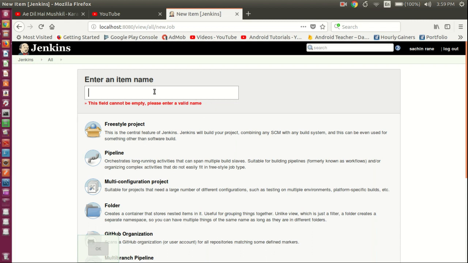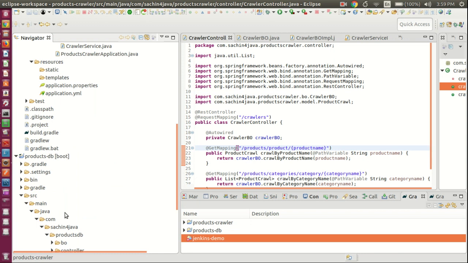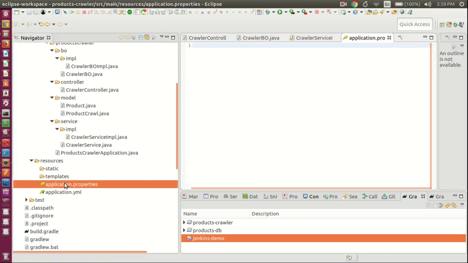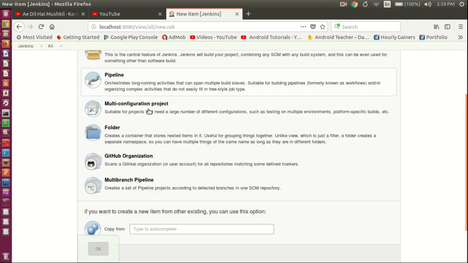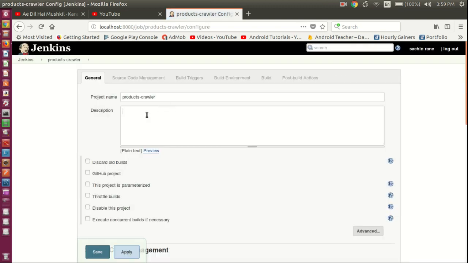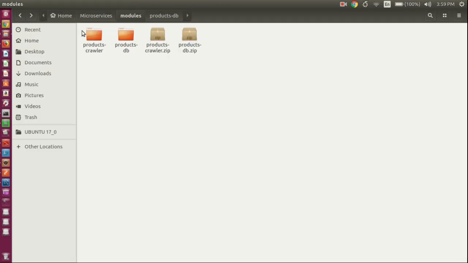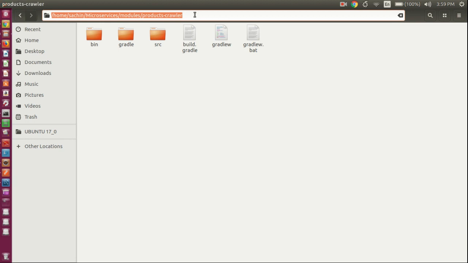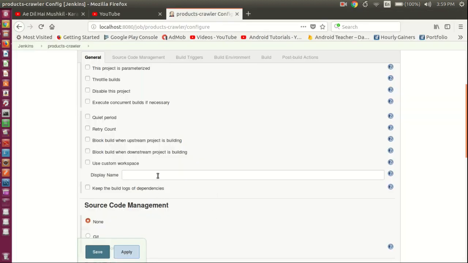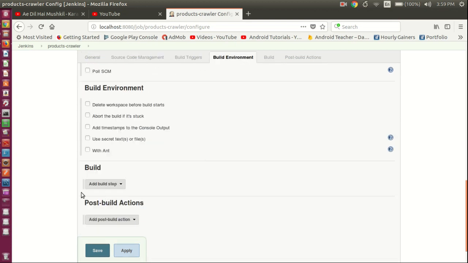Copy, and which port will it be on? 9001. Freestyle project. Okay, 9001. Go to advanced, go to the directory of this product crawler, Control L, Control C, give the custom workspace directory, and